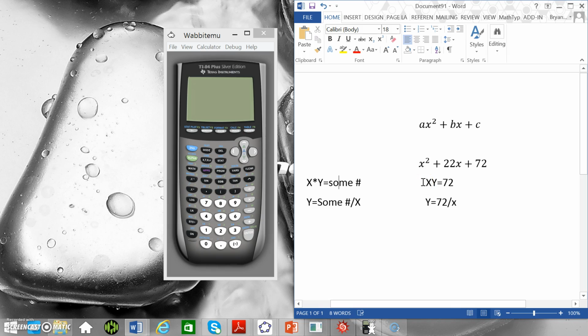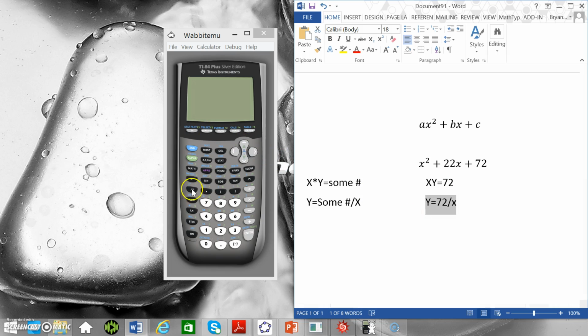In this problem, x squared plus 22x plus 72, we're looking for two numbers that multiply to 72. So x times y has to equal 72, but those two numbers also have to add up to 22. If we divide both sides by x, we get y equals 72 divided by x. This is an important thing. Whenever you're looking for factors of a number, put in the calculator y equals that number, in this case 72,